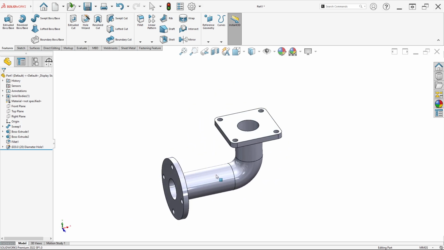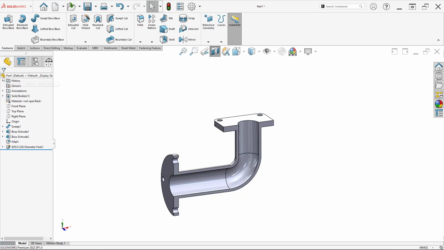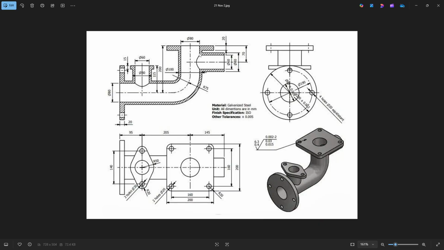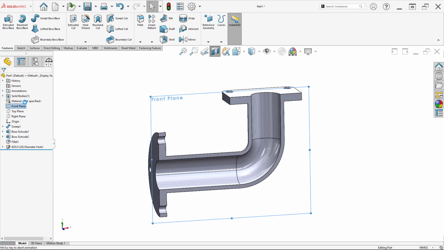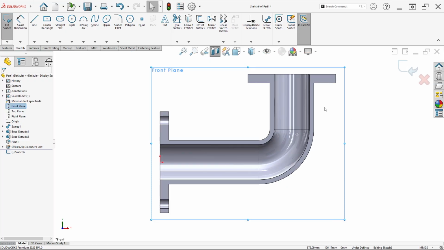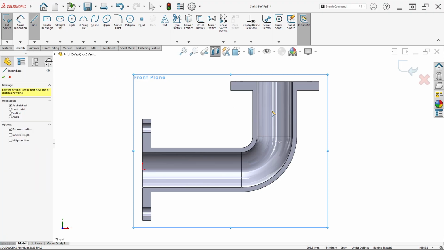We can see from the section view here. Click OK, and we can make the sketch like this, and sketch here to make the flange. So right click on front plane and click sketch like this. Then we can draw a center line here.